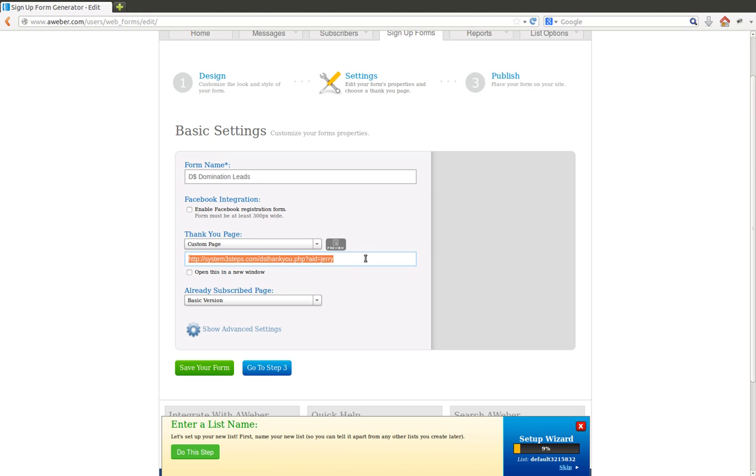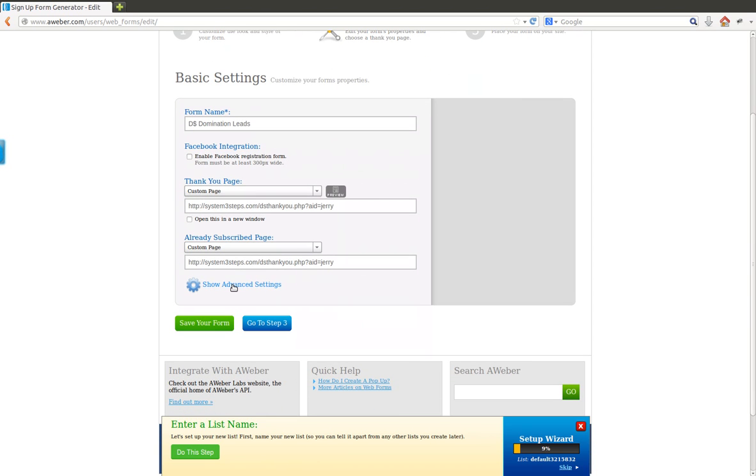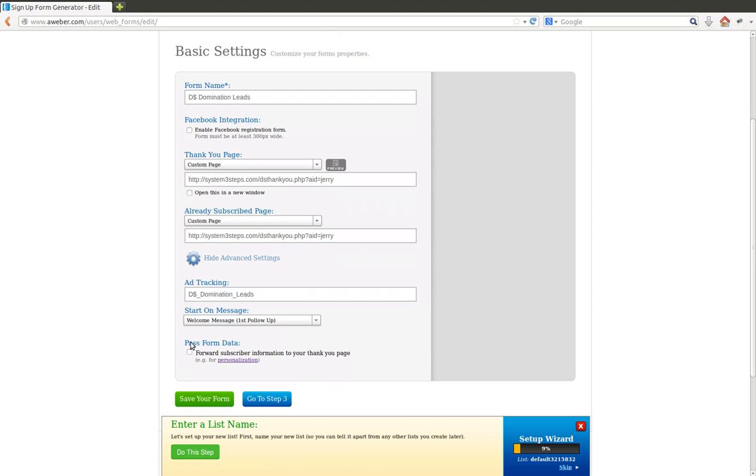Then I'd go ahead and select this, because I'm going to need to put this same URL in the already subscribed page section. Click the drop down on that, click Custom Page, and then paste that information in there. The next thing you'll need to do on this is click on Show Advanced Settings, and then down where it says Pass Form Data, check to make sure you forward subscriber information to your thank you page. Go ahead and click the green Save Your Form button,